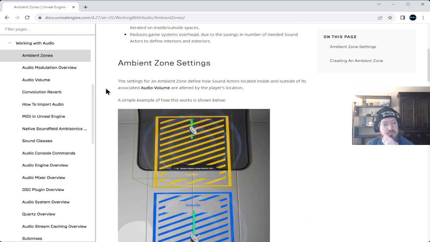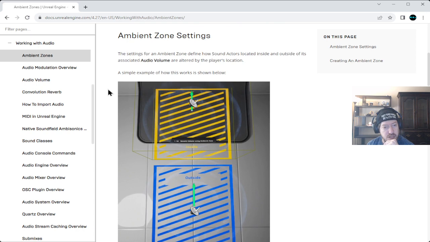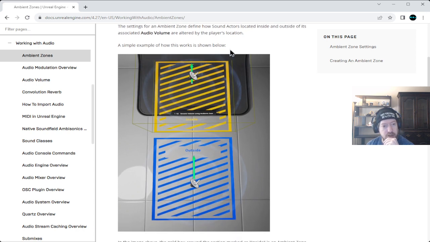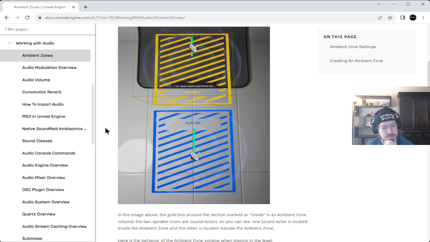Ambient zone settings. The settings for an ambient zone define how sound actors located inside and outside of its associated audio volume are altered by the player's location. A simple example of how this works is shown below. So you have an inside zone and an outside zone displayed there.